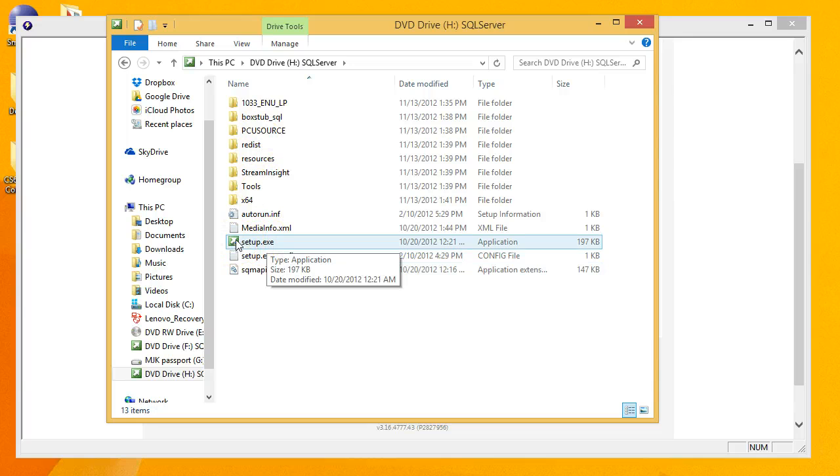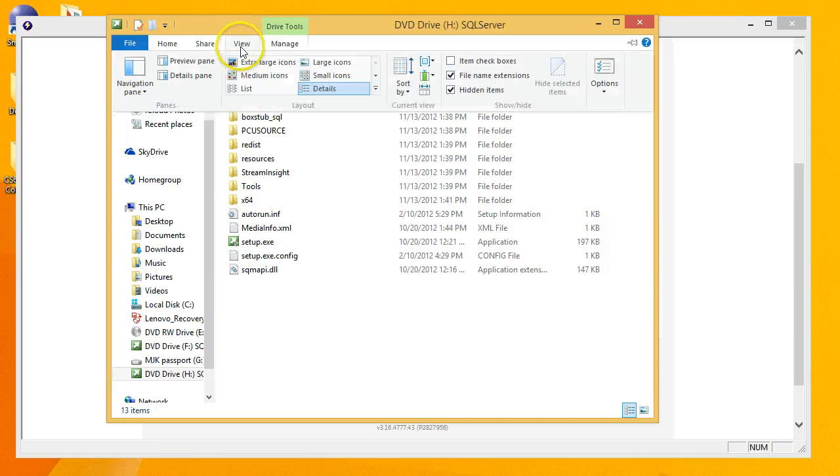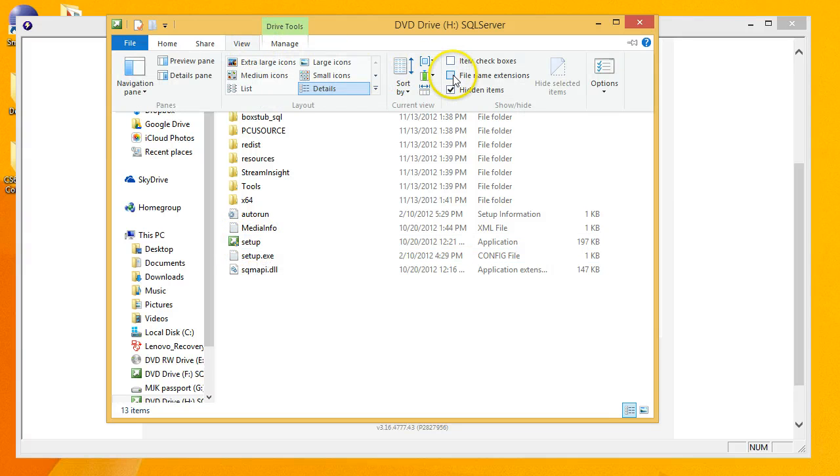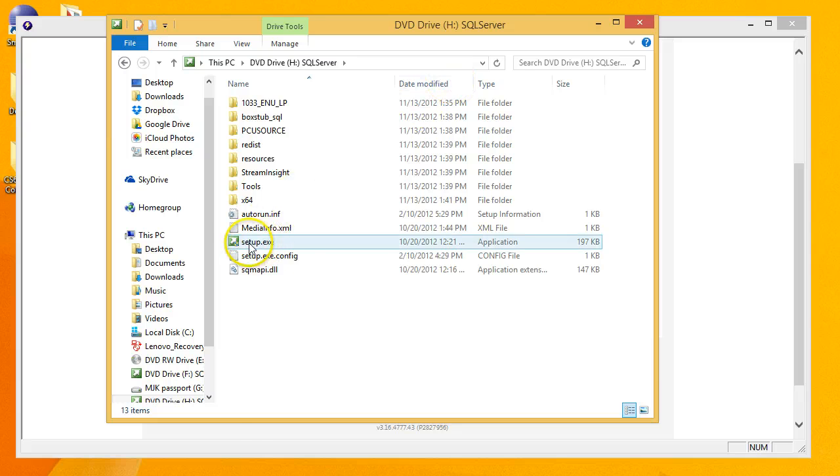Now don't be confused. On yours you may not be showing file extensions. So what that means is if I were to click on View and uncheck File Name Extensions right here, then this is what you would be seeing, setup and setup.exe. But the true file name is setup.exe.config. And we don't want this file. We want this one with the little green arrow icon on it. I like to show my file name extensions at all times, so I'm going to click that again